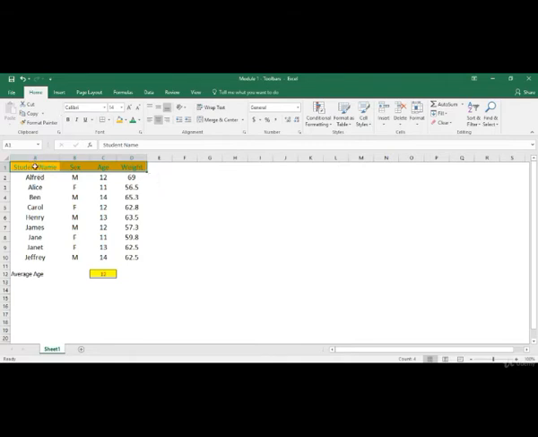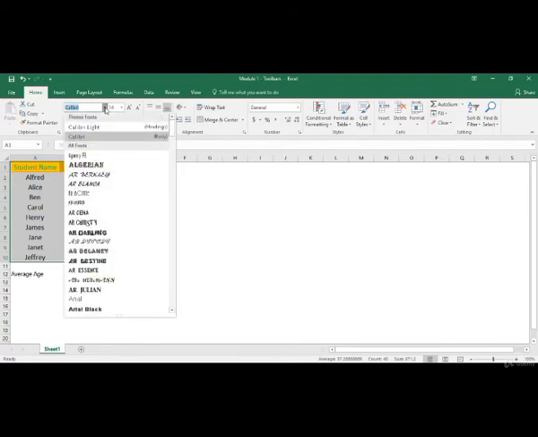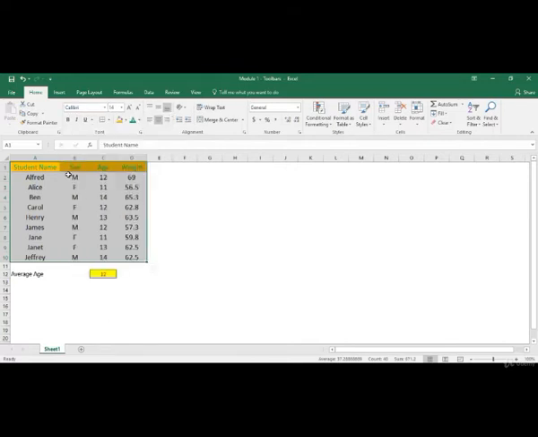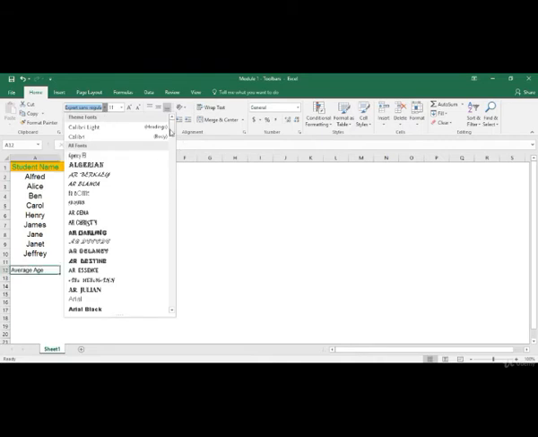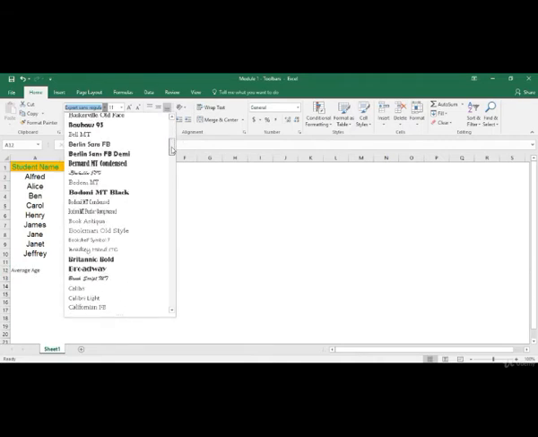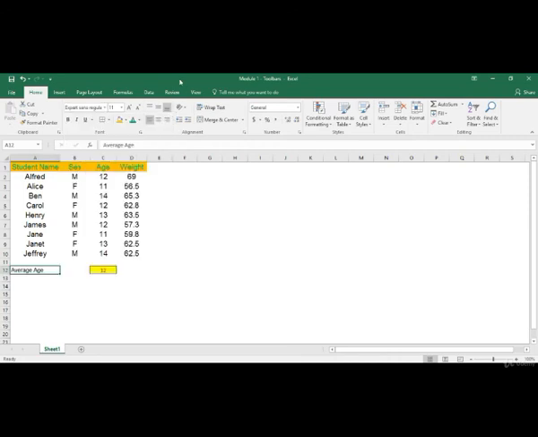Right now for this particular data, the font type is Calibri. Let's change it, and you can notice the difference. Over here it is Calibri, whereas over here it is Expert Sans Regular. So the way they are appearing is different. Let's make it consistent. So let's change this also to Expert Sans Regular. Now they are the same. Excel gives you a lot of options. There are a lot of different font types over here. You can select whatever you are comfortable with or whatever you like.